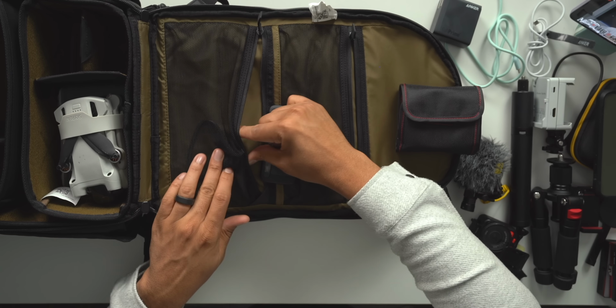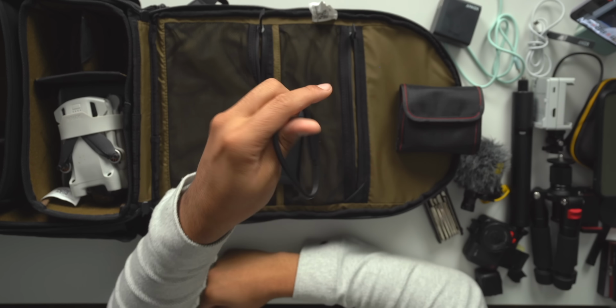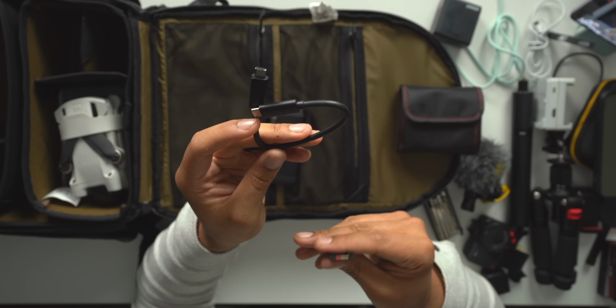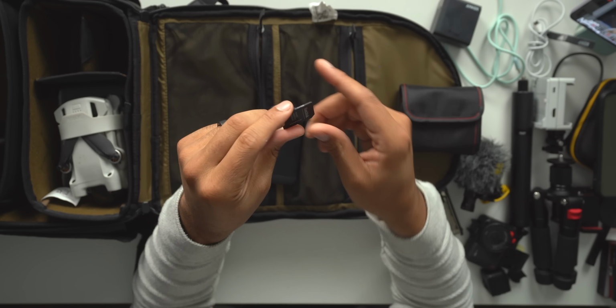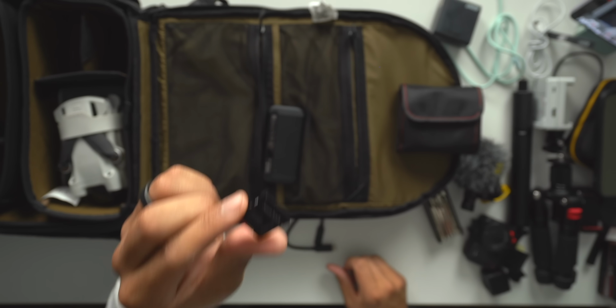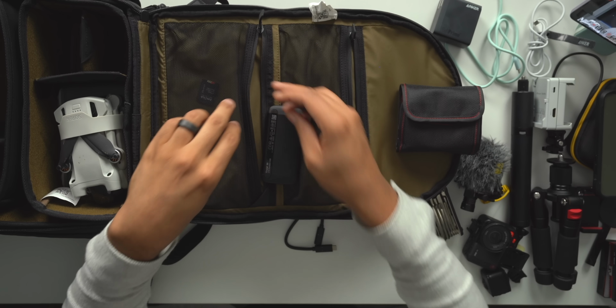Rounding up the last few things in this bag, I have the cable that it comes with. Obviously, it's just a standard data USB-C cable. And then I have the SanDisk converter that takes a micro SD card that my drone takes and converts it so I can plug it into my MacBook. Anyways, guys, that is everything